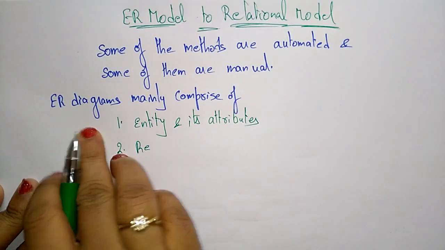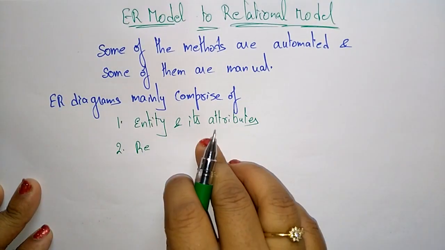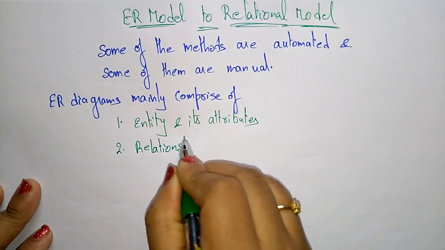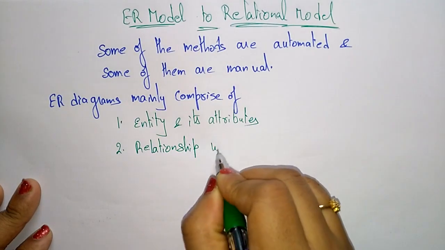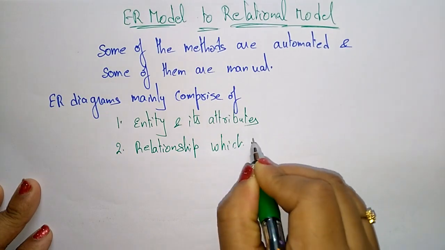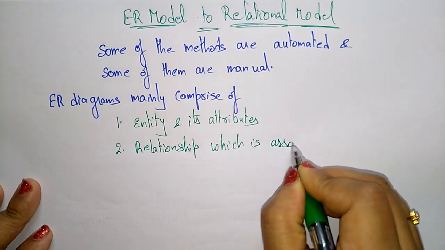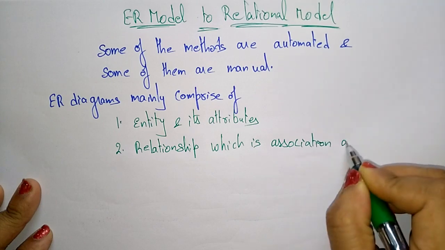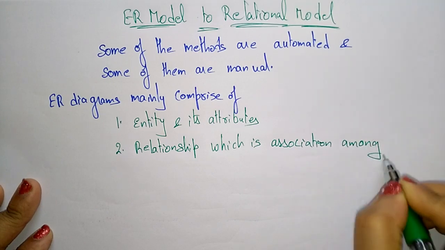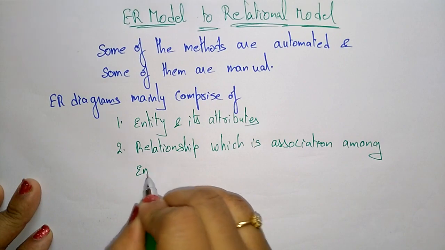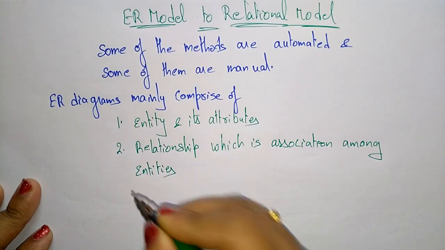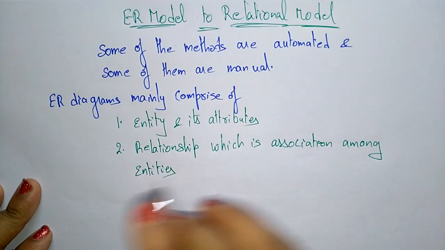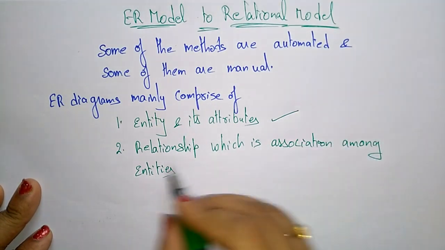So the ER diagram mainly comprises of entities and their attributes and relationships, the relationship which is an association among entities. So whatever ER model you have taken, this mainly comprises of entities and their attributes and